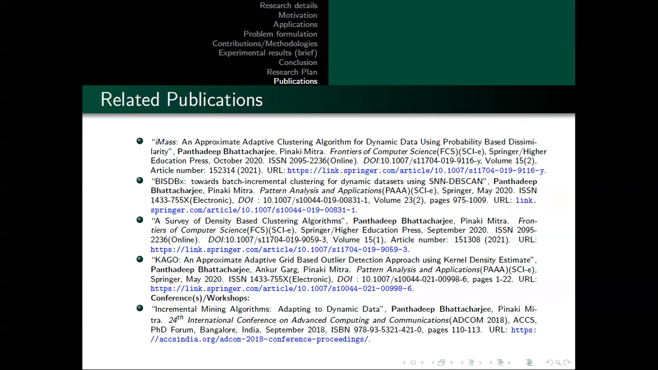And these are the related publications that we have had. For IMAS, for BISDBX, this includes both the addition and deletion algorithms in batch mode. Then we had a survey of the density-based clustering algorithms. KAGO also got published, and this was related to the initial part of